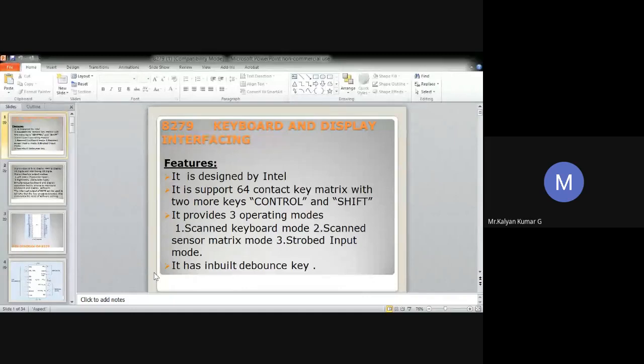Before displaying, the CPU has to load the display codes in the RAM. Once the data is loaded, the 8279 takes care of the display and starts refreshing. A maximum of 16 7-segment LEDs can be interfaced using the 8279. These are the basic features available in the 8279. Let us move to the pin diagram next.